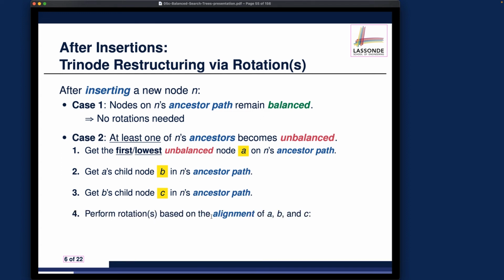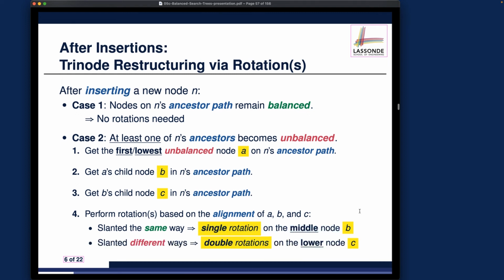And you want to perform the rotations based on the alignments of A, B, and C. There are two sub cases over here. Either they slant the same way. They might all slant to the left, or they might all slant to the right. In which case, a single rotation on the middle node will be necessary. So these are the 2 cases I'm going to show you first, which require only a single rotation to restore the balance. And if A, B, and C slant in different ways,